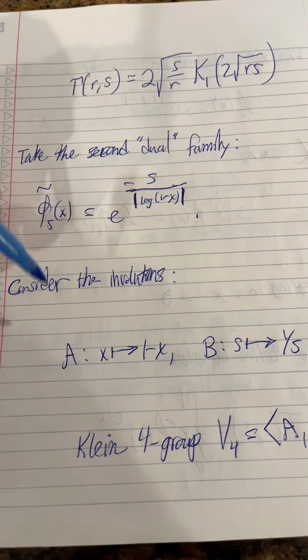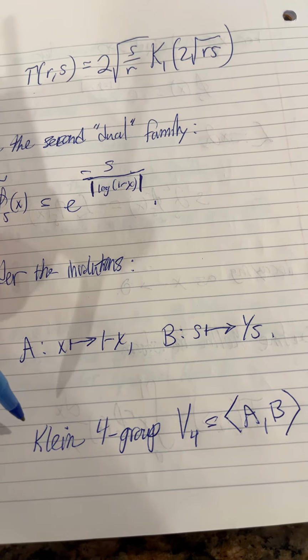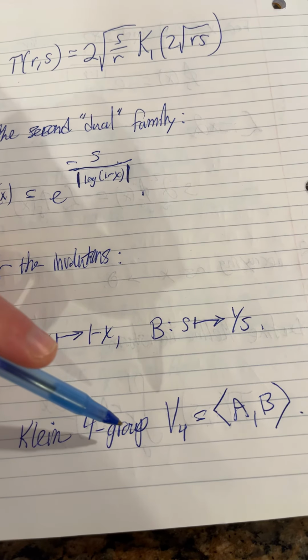We then define some involutions and go on to define the symmetry group, which is isomorphic to the Klein 4